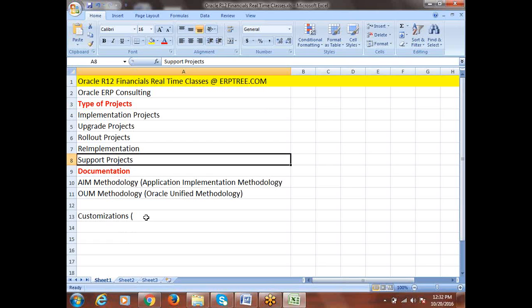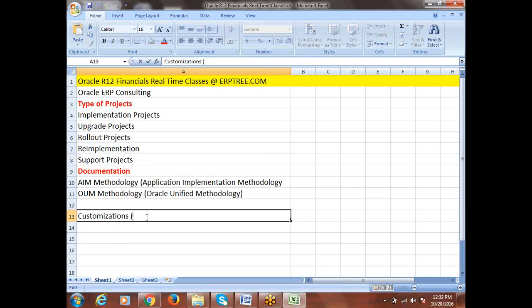Here, generally, we will be covering customizations. If you have to develop a new form, there is a business requirement where the client requires a new form. Being a functional consultant, we have to be involved in that process to write the functional specifications and all that. We'll discuss it at a very detailed level. In terms of customizations, we'll talk about form customizations, and also report customizations. We will discuss the details.